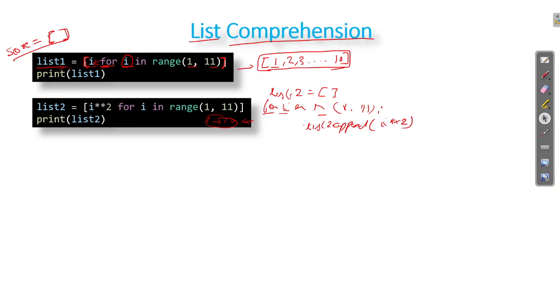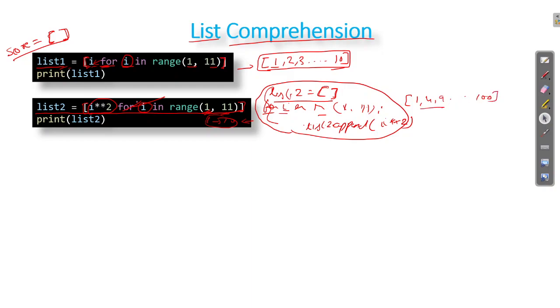So you have to write this whole thing to get a list of squares of values from 1 to 10. But instead of all these things, we can achieve the same thing in a single line. We are creating a list, and for each i in the range of 1 to 11, we are storing its square in the list. So it will print 1, then 4, then 9, up to 100. Okay, so this is a very powerful way to create lists, called list comprehension.